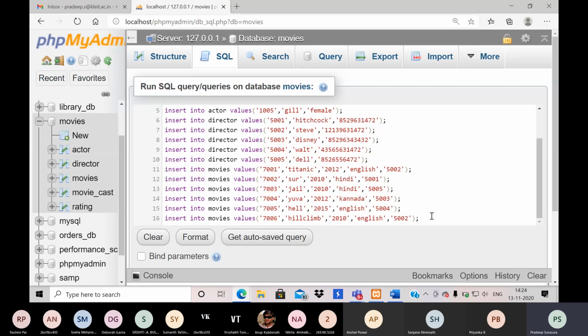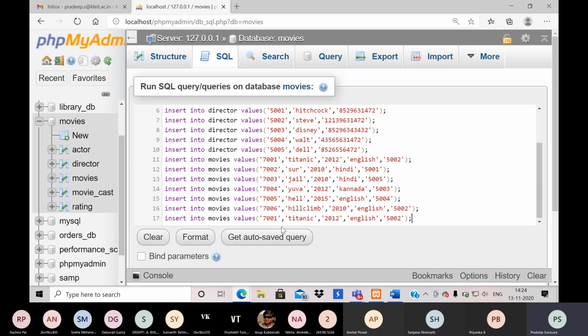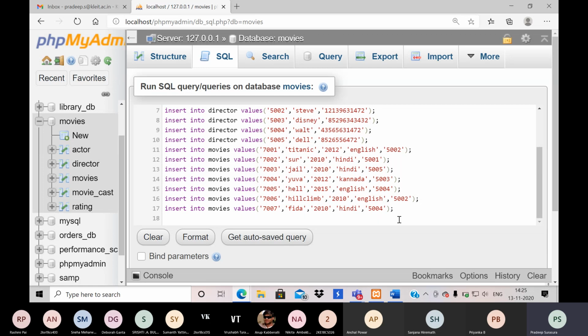So let it be 5002. So 5007. Let me take some other name. Say Hindi, and this something like 4. Okay, so